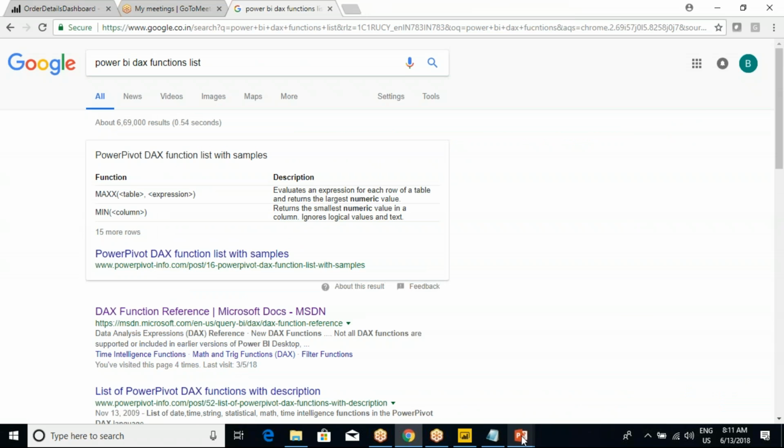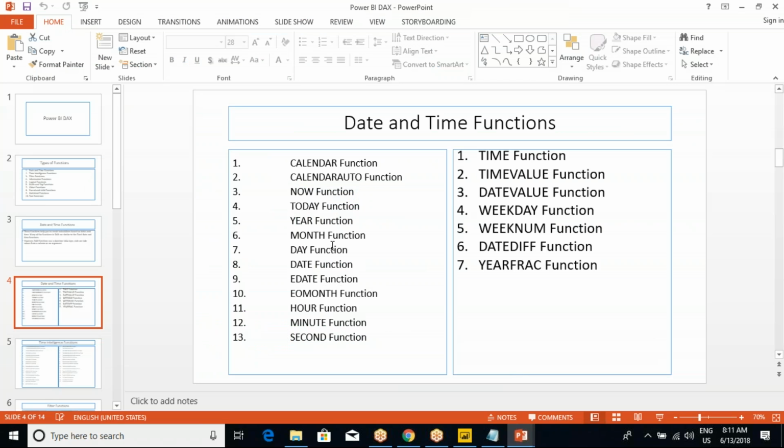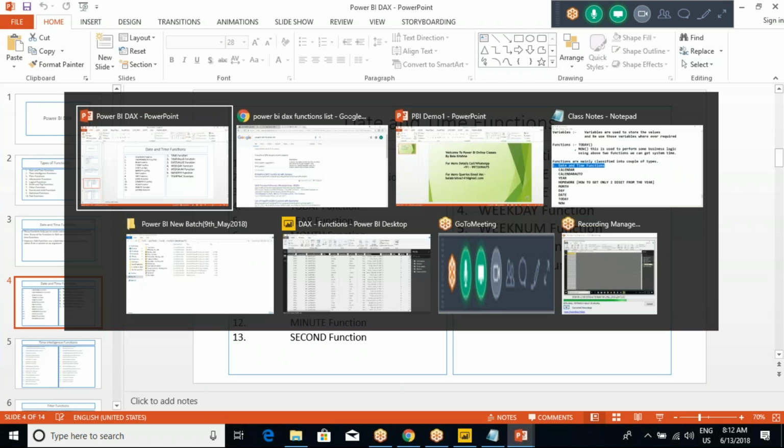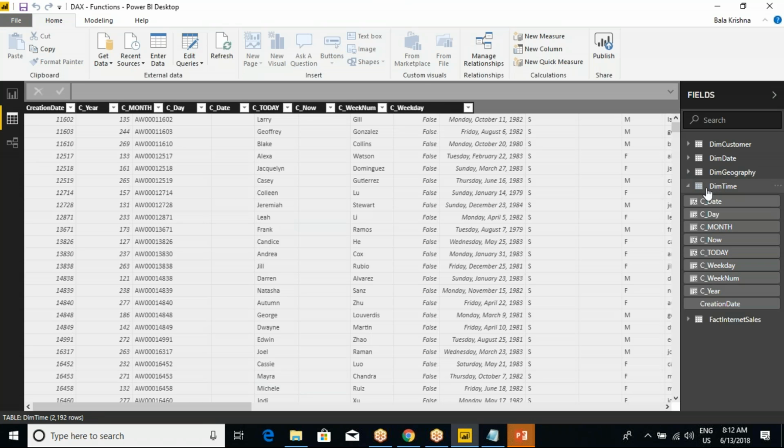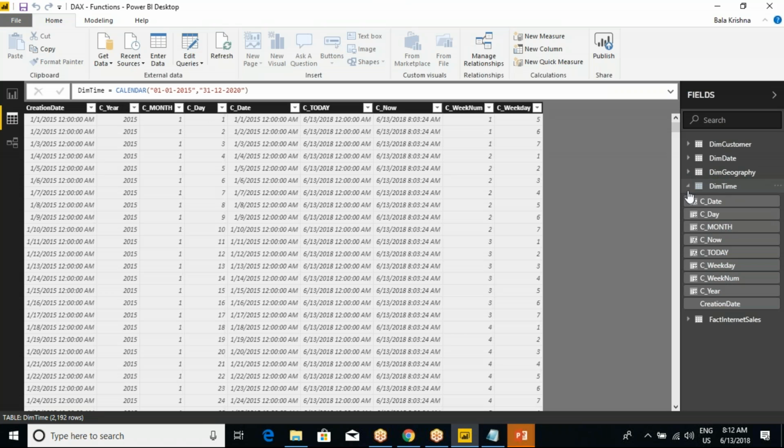All right. So I explained a couple of these, and I have listed all the functions here. Now we try to understand what we learned yesterday. Now go to the Power BI Desktop file. These were the tables which we added: time intelligence, I mean the date dimension. The first column we created using the calendar function. This is what I'm talking about. We need to pass the starting date and ending date, and